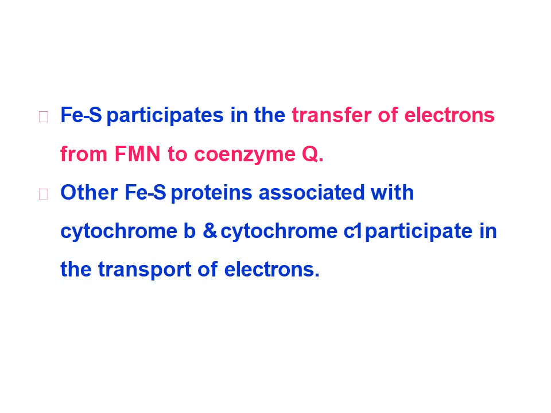Other FeS proteins associated with cytochrome b and cytochrome c1 participate in the transfer of electrons. In the next complexes also we can see where cytochrome b and cytochrome c1 are associated with FeS, which helps in the transport of